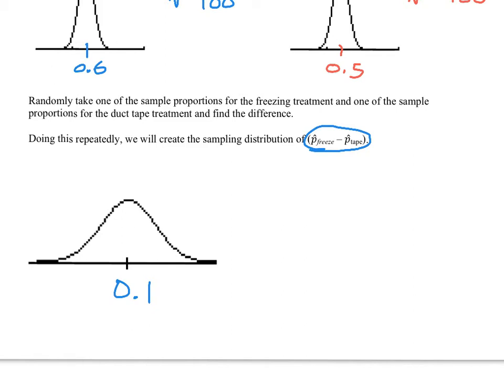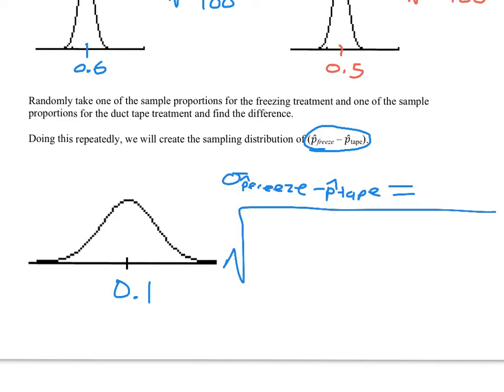The standard deviation for p-hat for the freeze minus p-hat for tape, that standard deviation would equal, and this is the Pythagorean theorem of stats. You take the standard deviation for freeze, which is